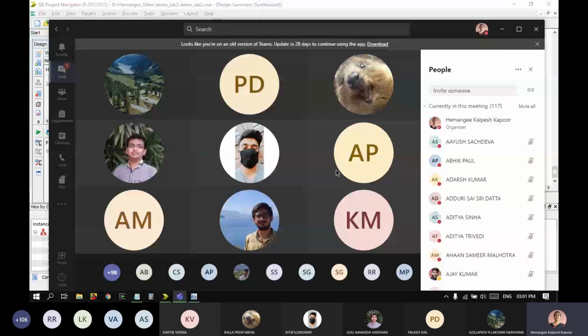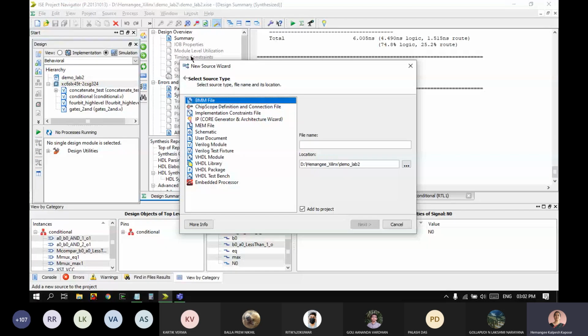Going back to the same project. So this assignment is about the propagation delay of a gate. So, new source Verilog file, and here I am going to say gate delay.